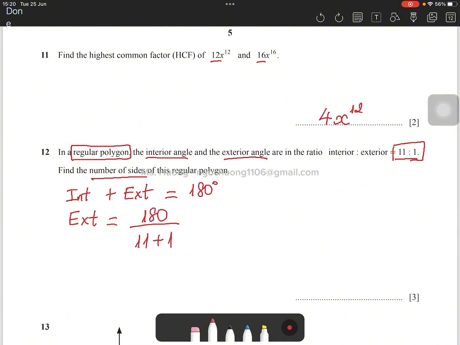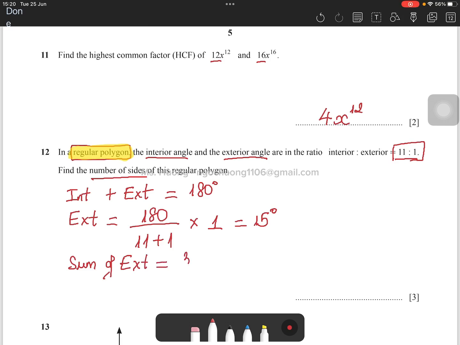And then we multiply it by 1 unit because the exterior angle is 1 unit. And this is going to be 15 degrees. And in a regular polygon, the sum of all the exterior angles is 360. The sum of all the exterior angles